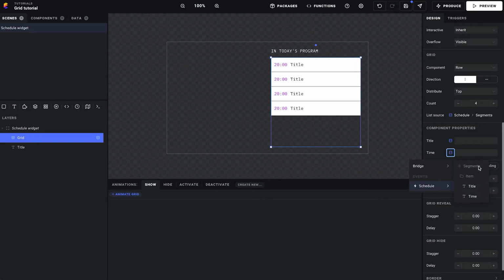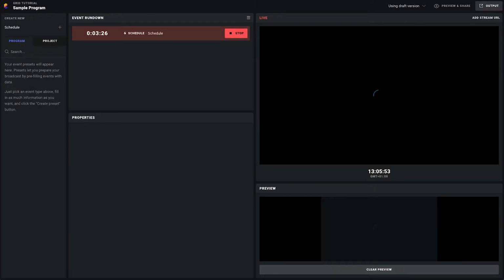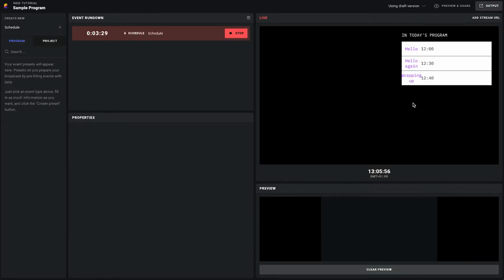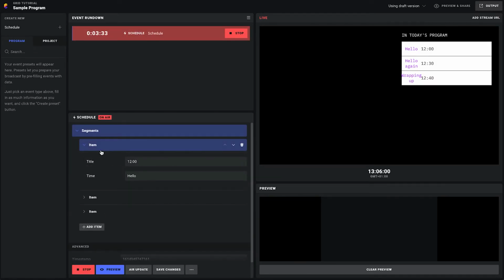So again, from the segments list for each item, we want to grab the time. And that should be it. We go ahead and save. We refresh in Cockpit. There we go. Oh, I believe I've either hooked something up wrong or I've typed it in wrong here. Oh yeah, I've mixed up the title and time. All right, so